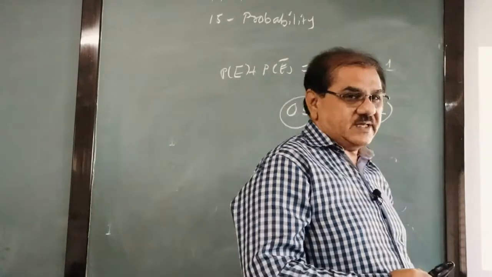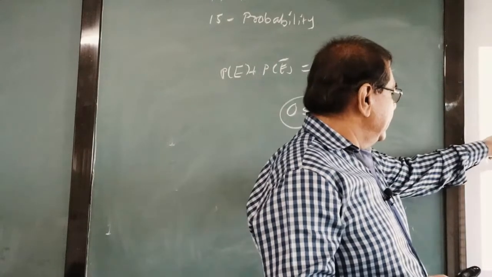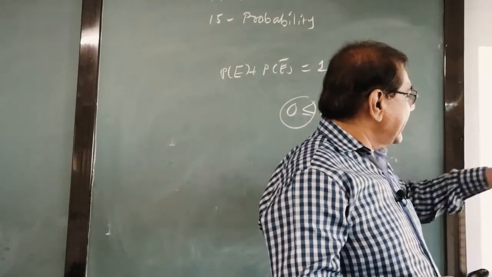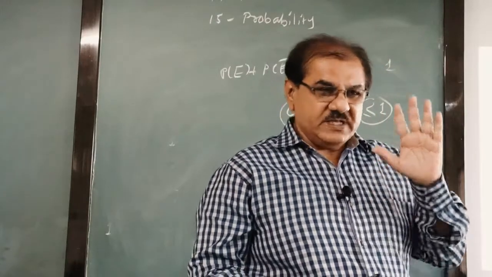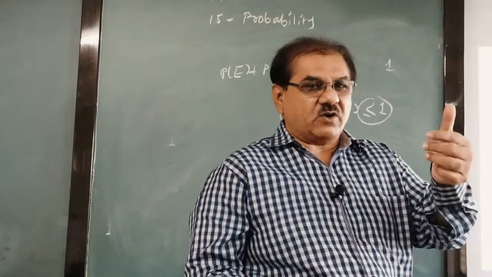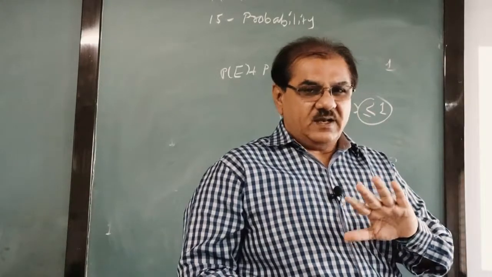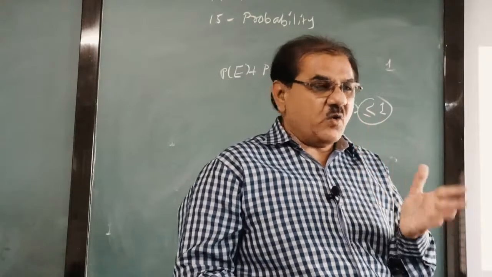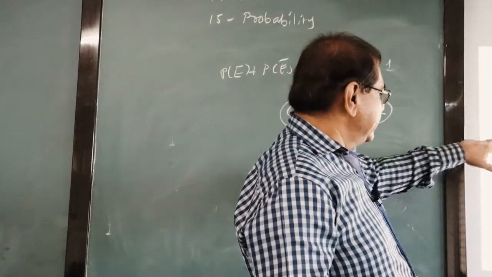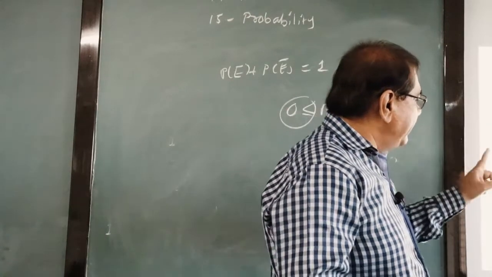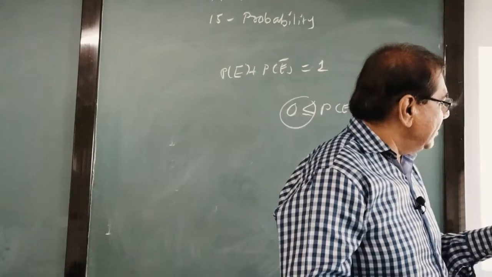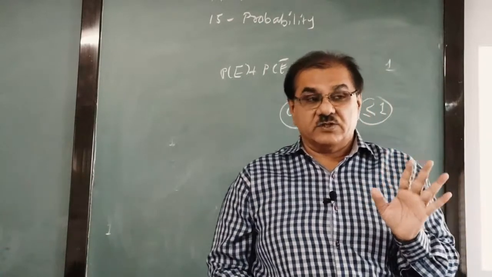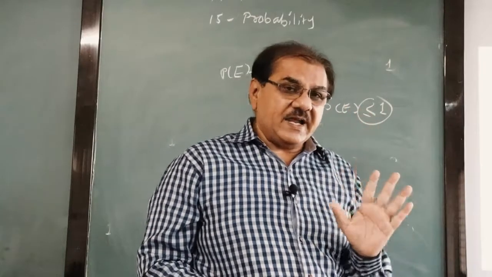Now here I want to go for some discussion. Which of the following experiments are equally likely to occur? Means equally they can occur. Suppose I toss the coin once, it is head or tail. So both head and tail are equally likely to occur. Here you have to say, number 1, a driver attempts to start a car. The car starts or it does not start. So is it equally likely?